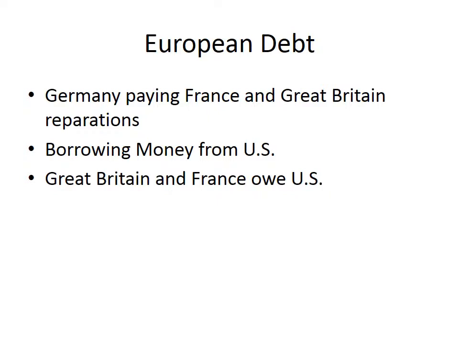But in the 1920s, the economy was booming, so Germany, who was paying a lot of reparations to France and Great Britain, couldn't make their payments. So we began lending money to Germany. So we lent money to Germany. Germany paid France and Great Britain. Great Britain and France paid us. But it didn't really matter to us because we thought that we would get our money on the back end. But when the bottom fell out of the economy, of course, we stopped getting money. So no reparations, no repayments from Europe.